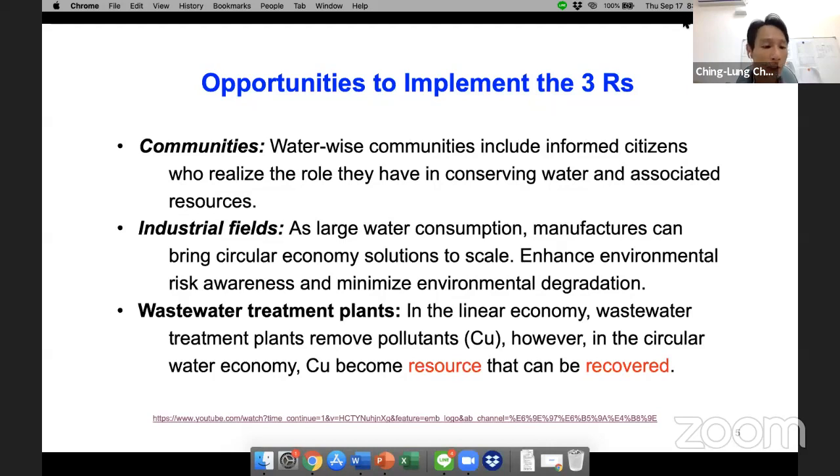When they recover the phosphate, they can sell it and try to make it into fertilizer. Okay, so when they sell the fertilizer to the market, they can make some profit. So it means they can reduce the cost of the wastewater treatment. Okay, because